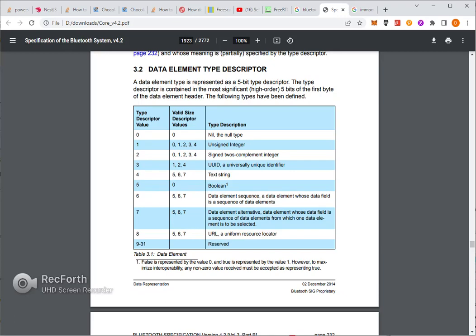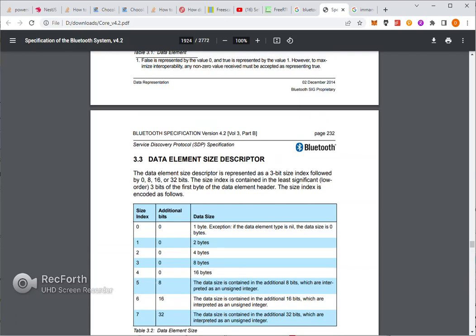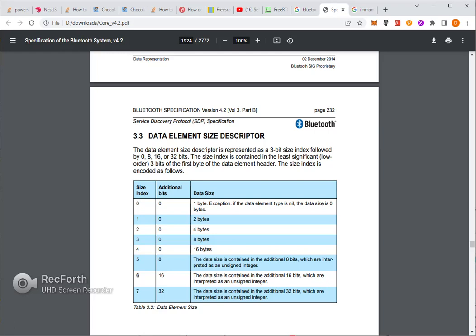let's see the size index of 5. Let's go back here. For a type descriptor of 4, which is a string, the valid size descriptor index is either 5, 6, or 7. Let's go to these 5, 6, or 7. In the case of 5, there are additional bits of 8. If you compare this, the additional bits have all been 0 for the first rows, but for the size index of 5, there are additional bits of 8,